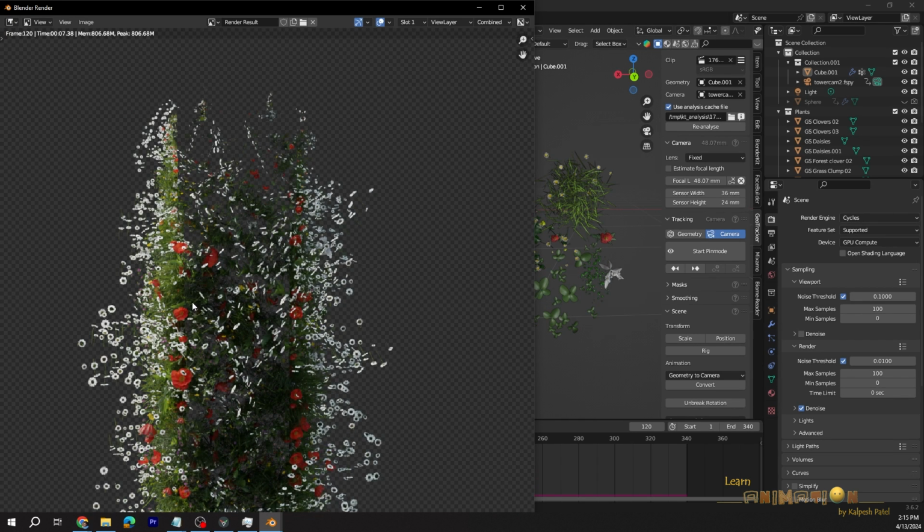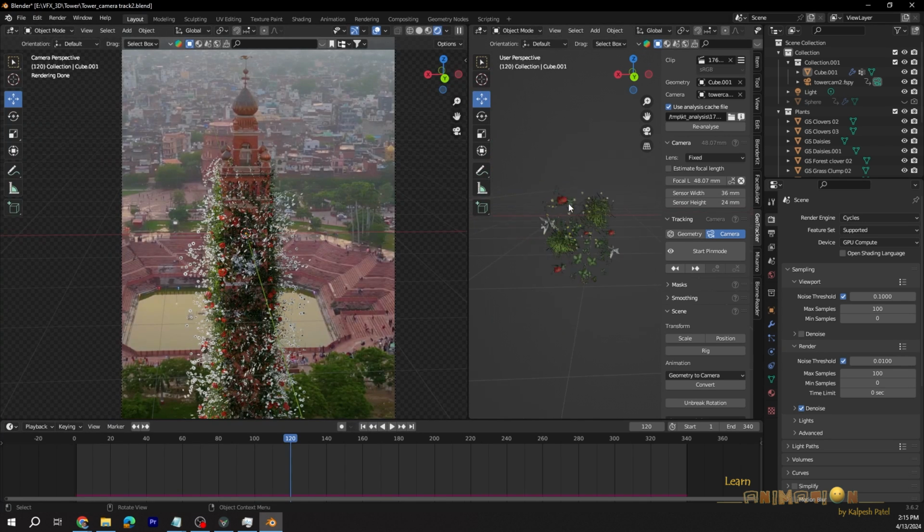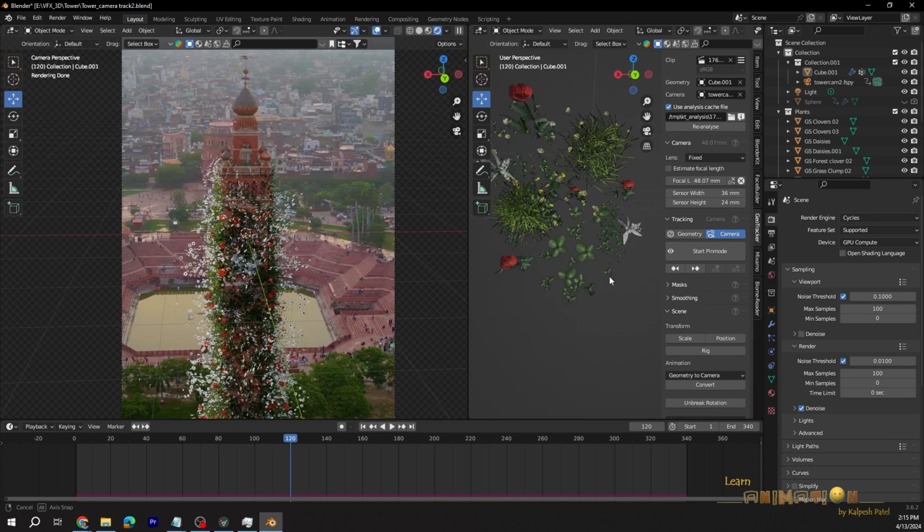Now here you can see these white flowers are too much. We can reduce those flowers.